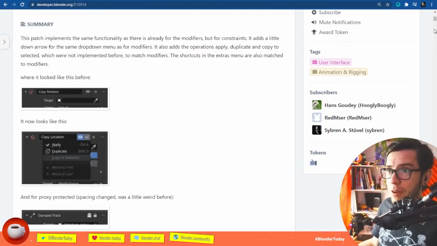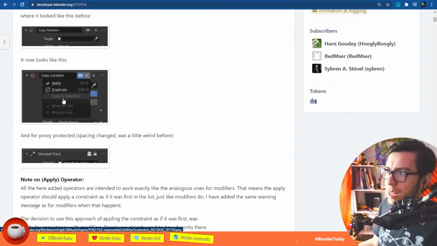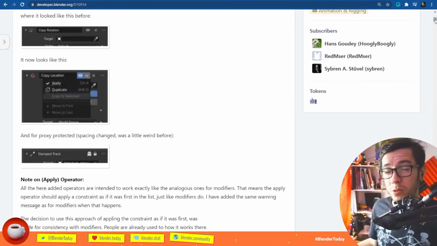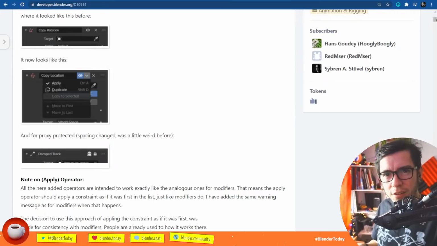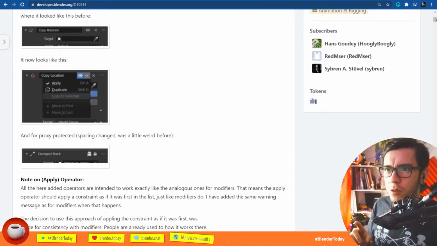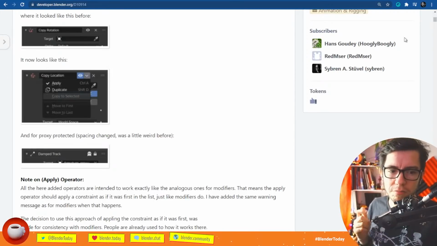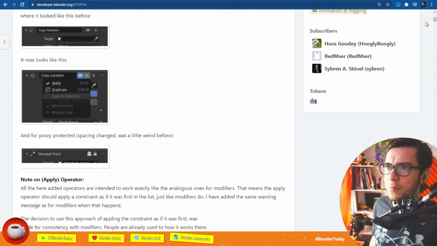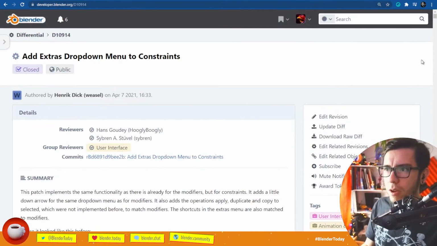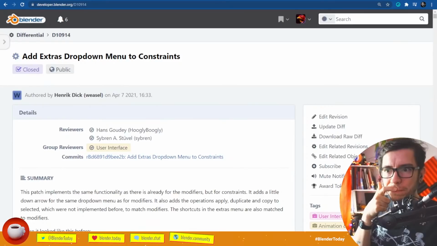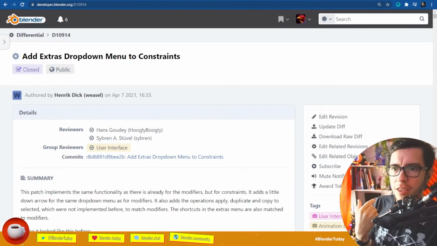So a very, very welcome change, especially while moving up and down, but like copy to selected, that you would only be able to do it via the Control L menu for copy, for linking, or also with the add-on, right? I think with the copy attributes add-on. So now this brings the functionality here. Okay. I think we can already move into user interface.